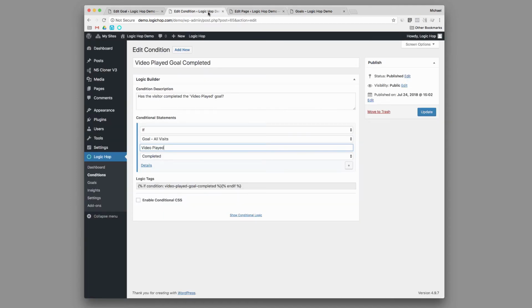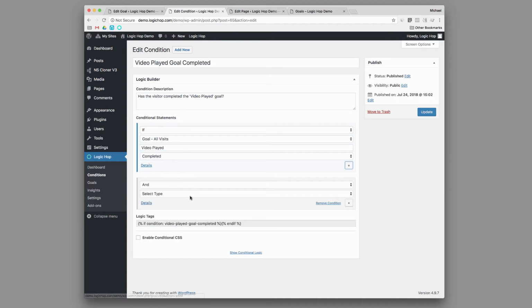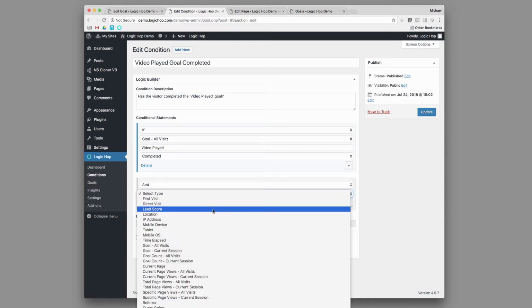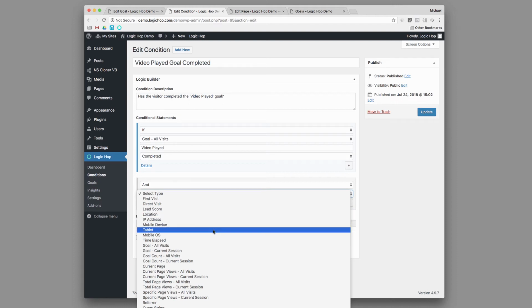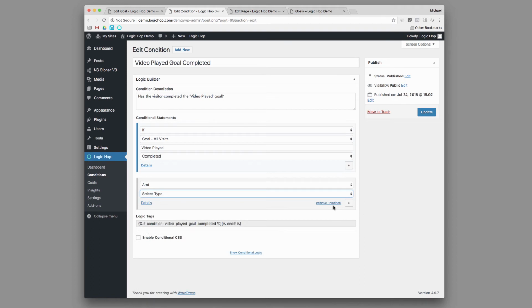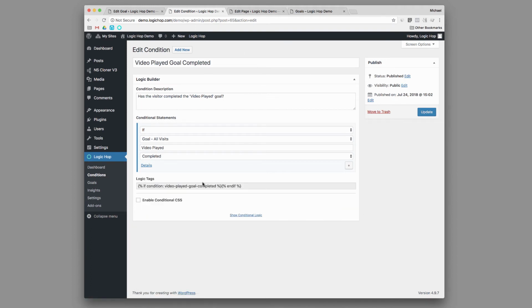We looked at just a very basic condition that we could say if the goal for any visit, but then we can also combine these things as well. We could say, and their lead score is equal to a certain value, or if they're on a tablet or a mobile device. So really we can start to combine this with a number of different components to have very powerful functionality with goals. Another thing that we have as well